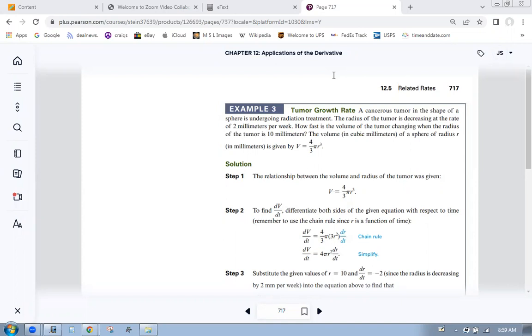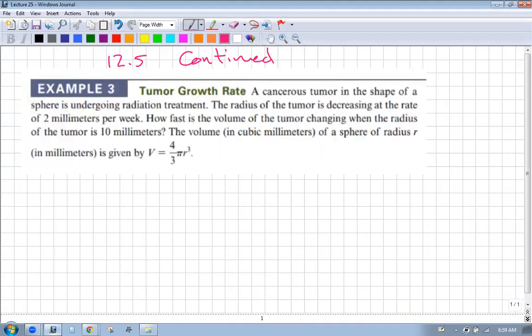What are we doing? Tumor growth rate. That's a good way to start out the day. So, the cancerous tumor in the shape of a sphere is undergoing radiation treatment. The radius of the tumor is decreasing at the rate of 2 millimeters per week. So, you gotta remember decreasing and have a rate. So, the radius, so we could say the change in the radius with respect to time, where t is in weeks. Okay,